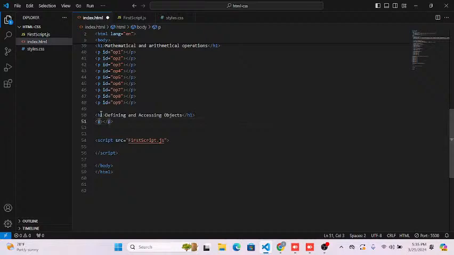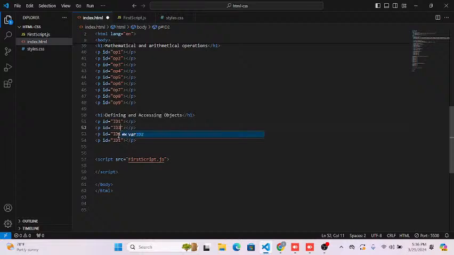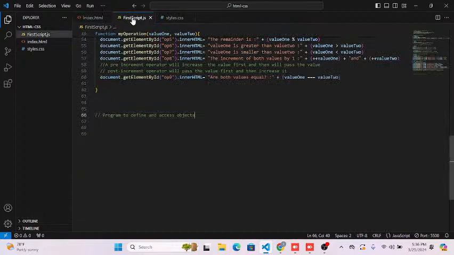ID as ID1. In the same way, I'm going to copy this line and change my ID to ID2. Let me create 4. So ID2, then ID3, and then we have ID4. After creating the unique IDs, what we are going to do inside our script.js, that is, inside our JavaScript file,